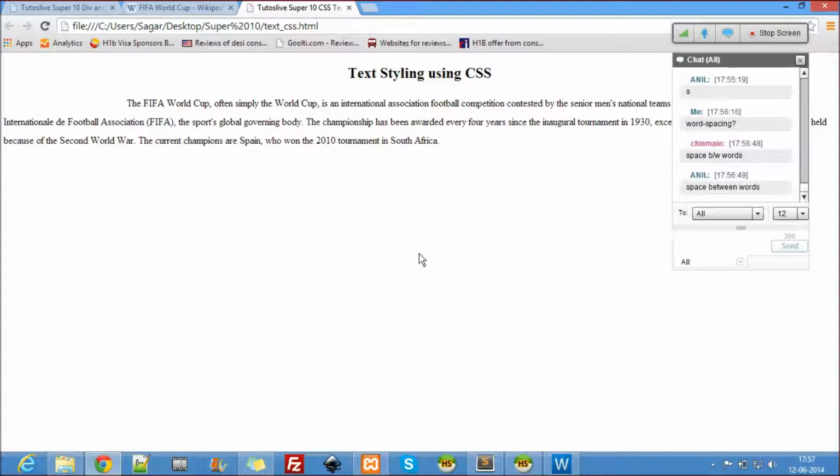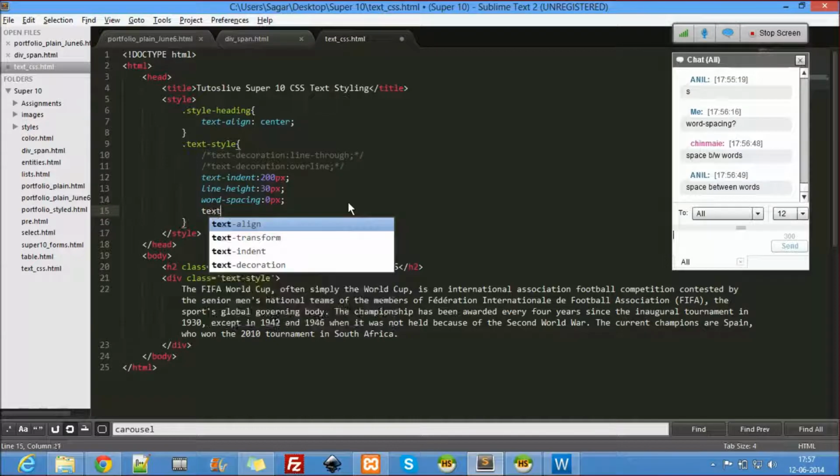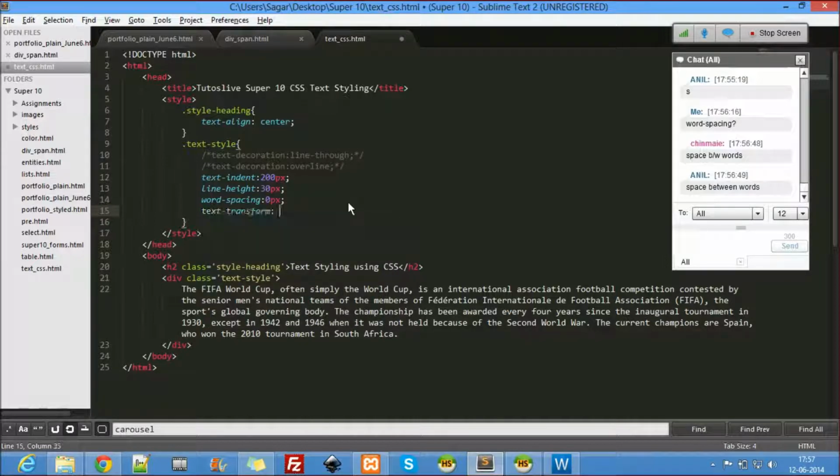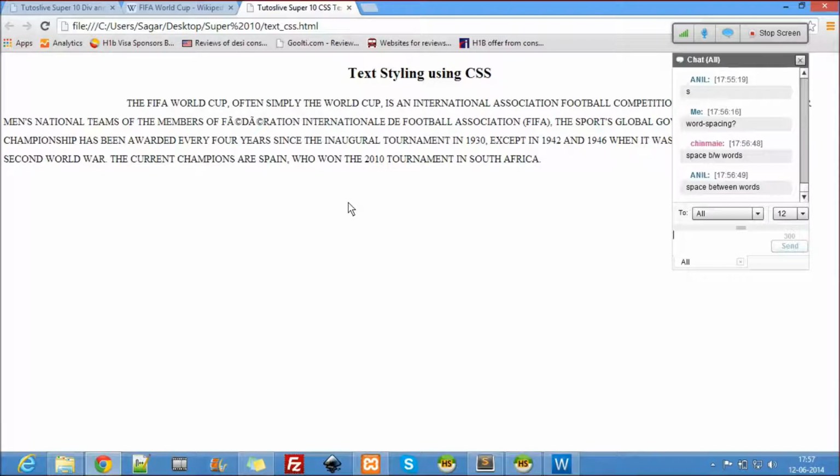Okay, there is one more thing, which is again important: text transform. I said text transform uppercase. What does this do, guys? Everything is capitalized.